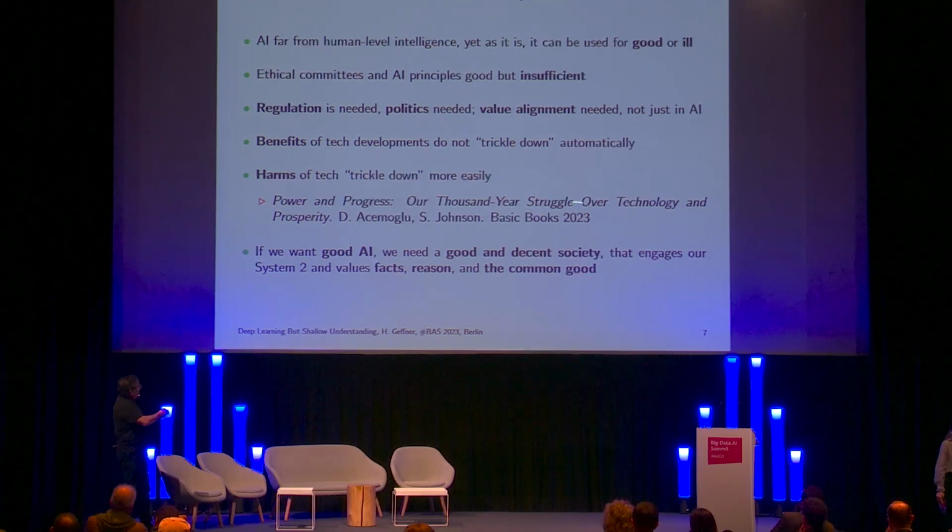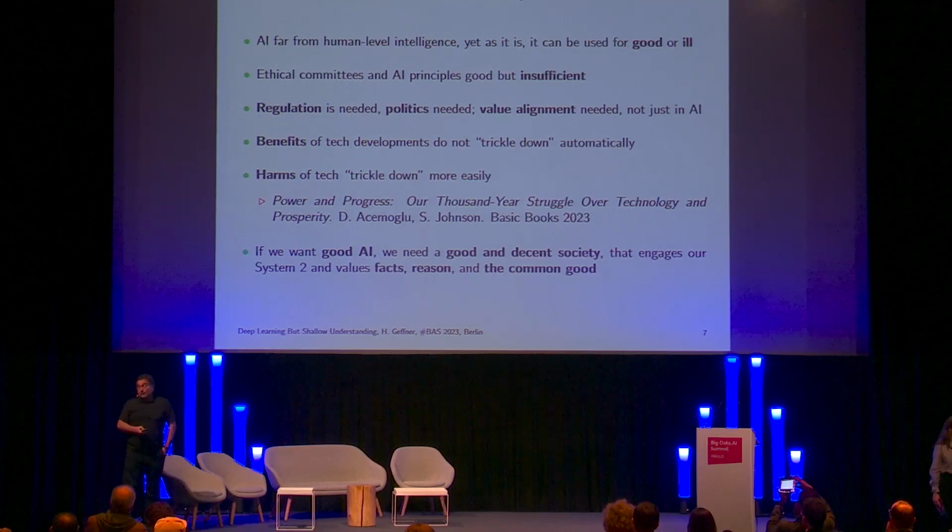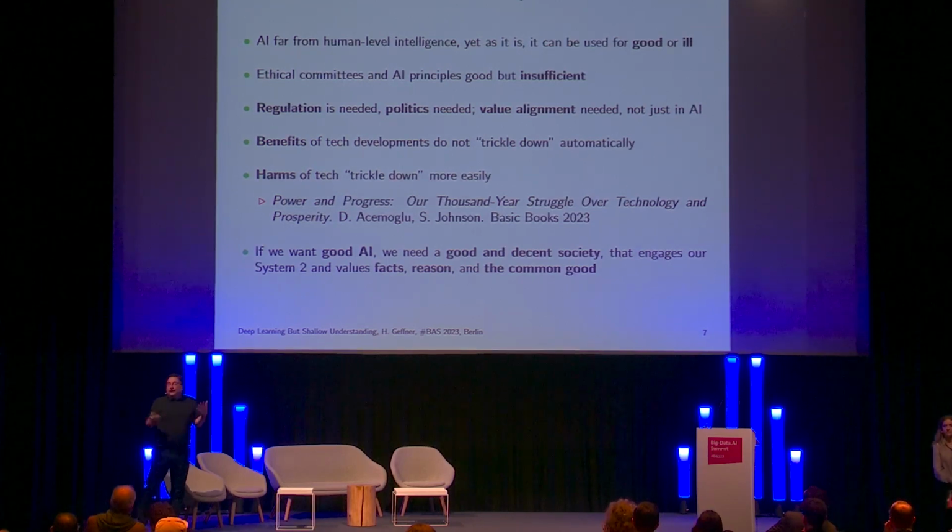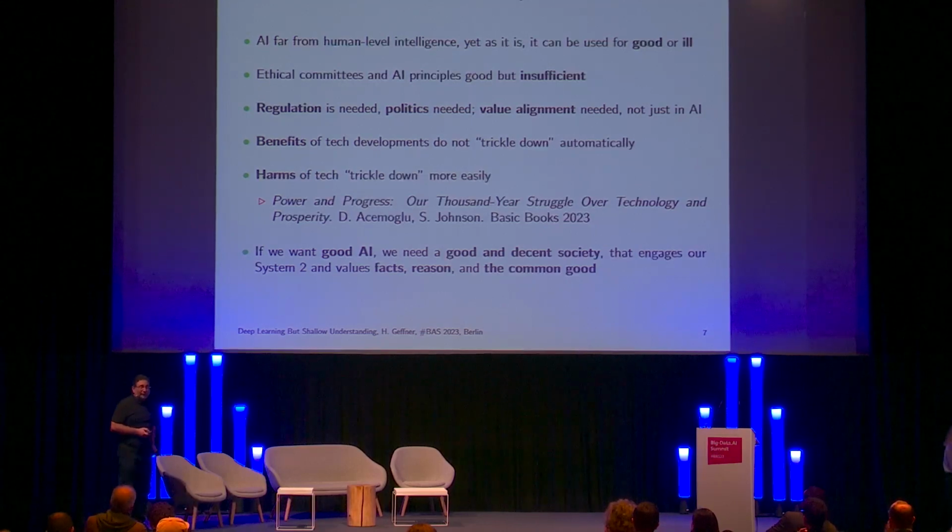And there's a very nice, very recent book focused on this topic by two very mainstream economists from MIT called Power and Progress, Our 1,000-Year Struggle Over Technology and Prosperity. That's precisely the point: the issue of how to make technology serve societies is a political struggle that is going on, even if you go back to the Industrial Revolution and many other periods as well.